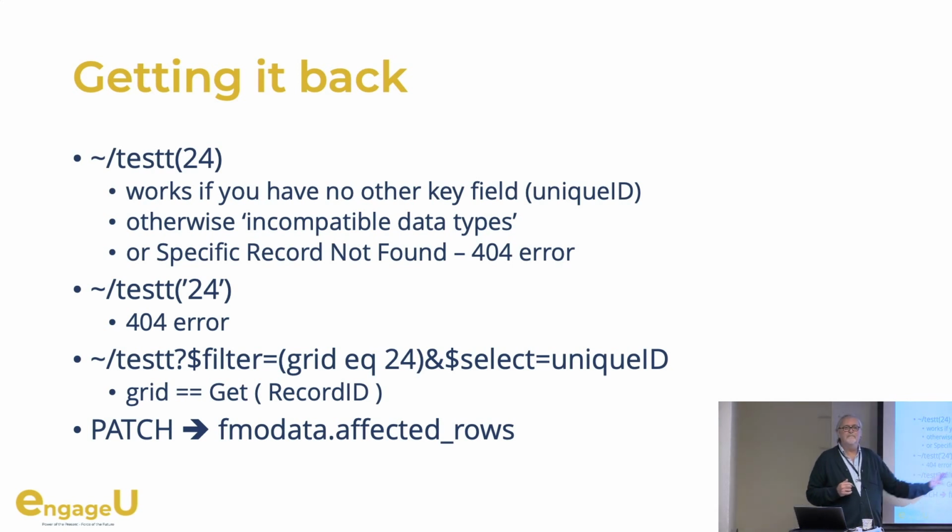So part of this is based on some things I have actually done to help us understand. I'm going to read this backwards. Please may I have the unique ID of this table where this field equals 24. That's what that says. In this case, this is just an auto-enter calc field, which is get record ID, that I have in all of my tables so I can reference it. So I can use this value to just get me back the unique ID of the record in the table